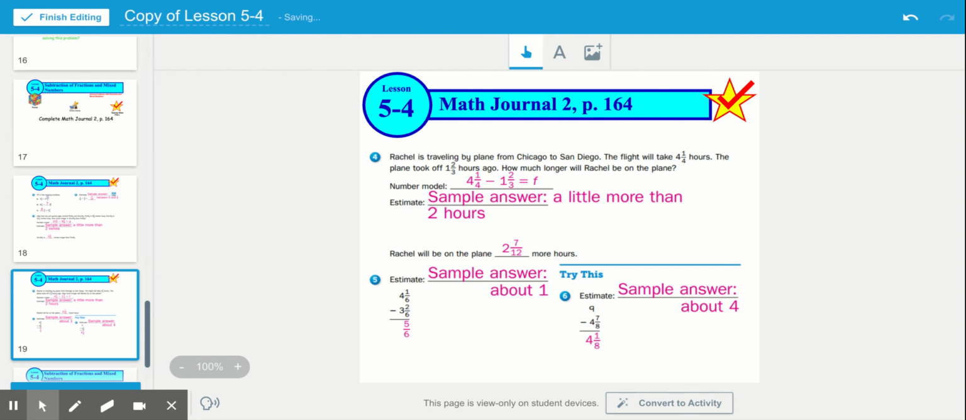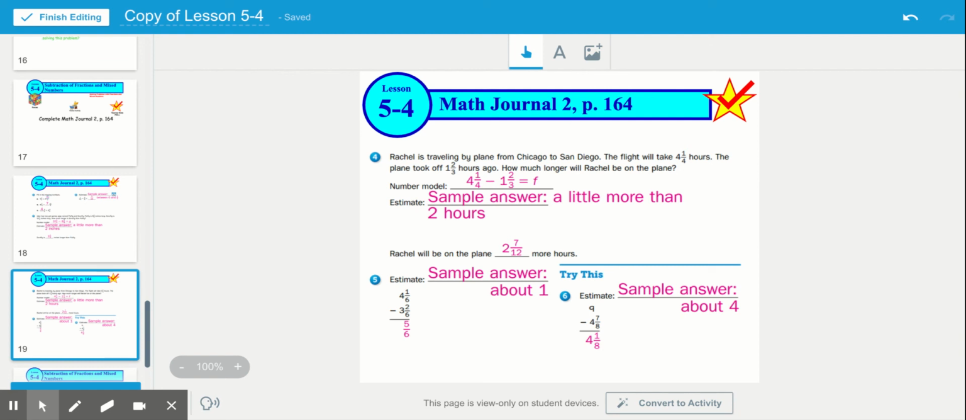Number 4, after using cubes, you should have found 4 and 1/4 minus 1 and 2/3 equals F. Again, you can put whatever letter you want for that. My estimate was a little more than 2 hours, but actually Rachel will be on the plane for 2 and 7/12 more hours. And then subtracting 4 and 1/6 minus 3 and 2/6, sample answer of an estimate was about 1, and the actual answer is 5/6. And number 6,